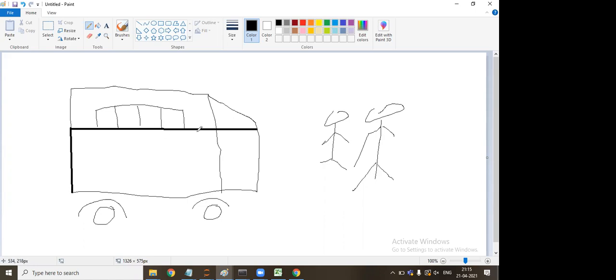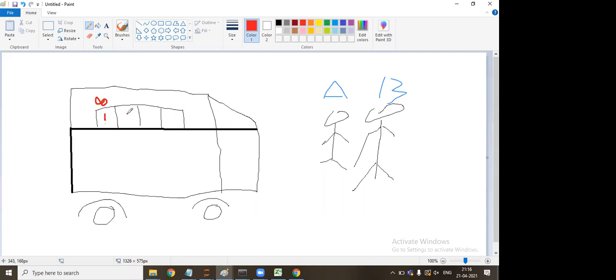Now this person A says, okay, we have not been allowed to enter the bus, so let us do one thing. There are 4 windows over here where 4 people are sitting. Let me ask them. So he knocked on this window, he knocked on this window, and a person came out. He said, how much will you rate this bus out of 10? He says, I will rate the bus as 8.